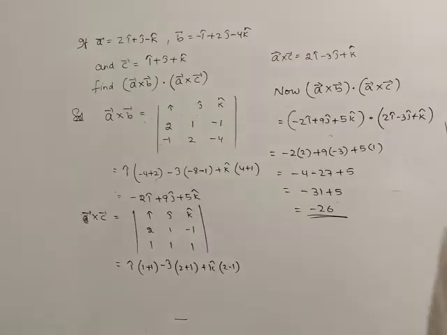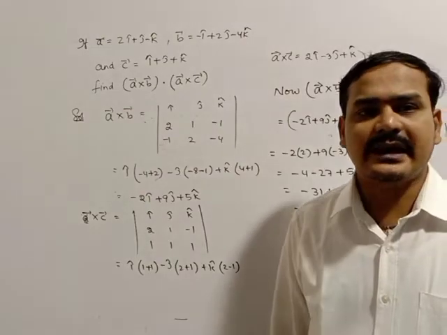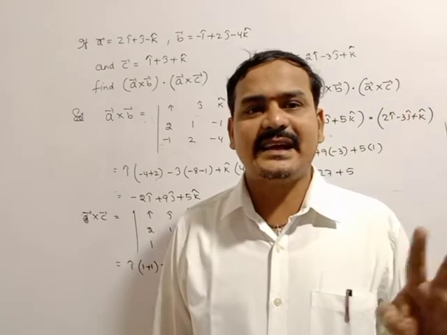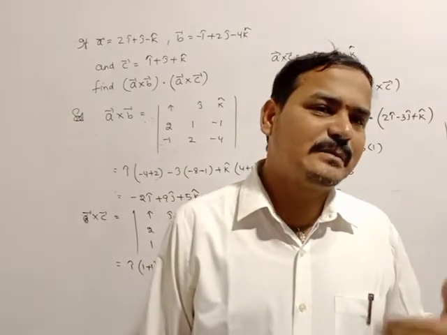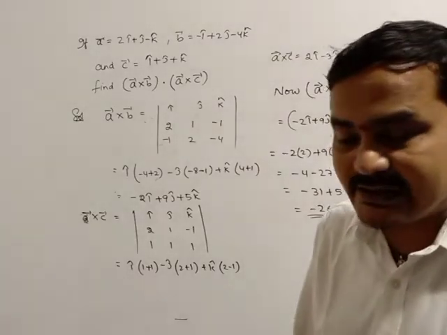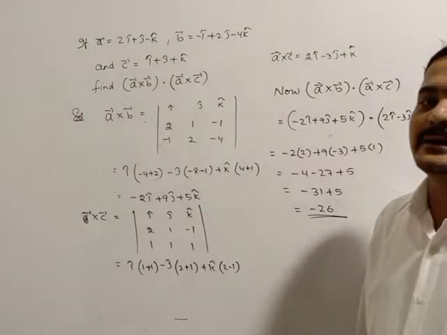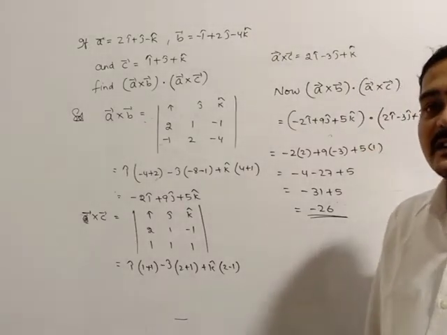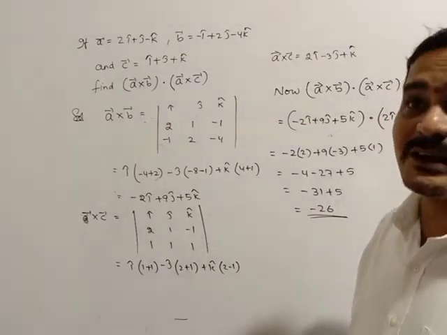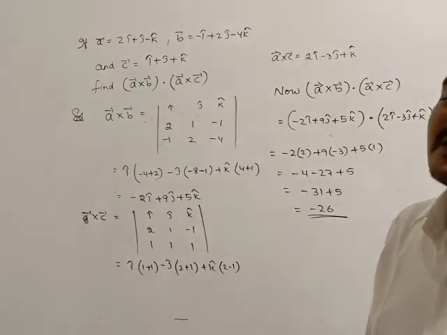you know that a bar cross b bar is always perpendicular to both a bar and b bar. According to the concept of the cross product, the cross product between two vectors gives a vector. That vector is always perpendicular to both vectors a bar and b bar. He is asking in question number 10, you just prove it. Means first of all what you need to do? First of all find a bar cross b bar. After that take the dot product with a bar, and you need to show 0 because both are perpendicular. Similarly you need to show that b bar dot a bar cross b bar is also 0.